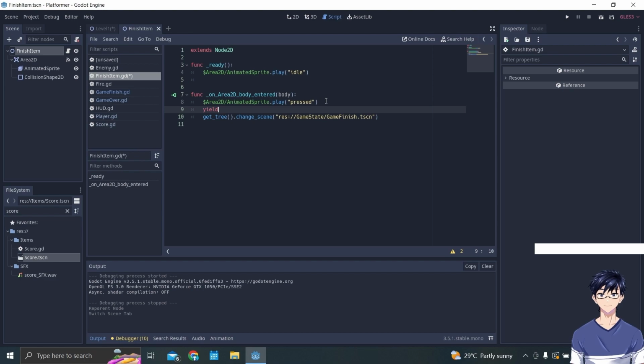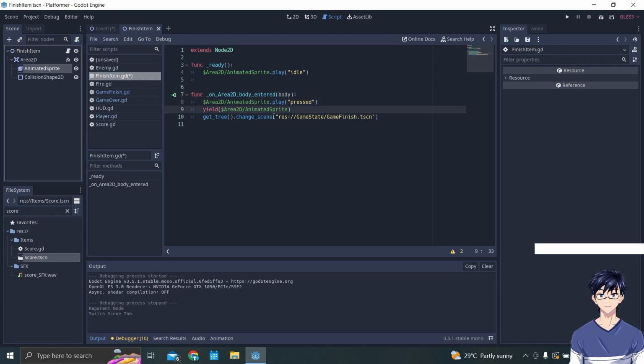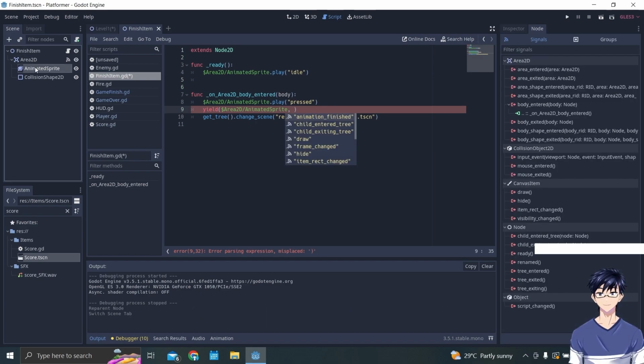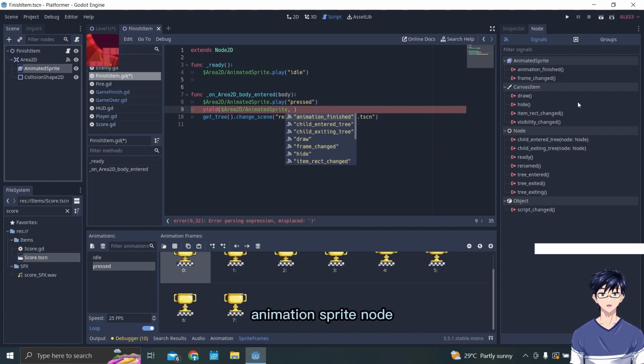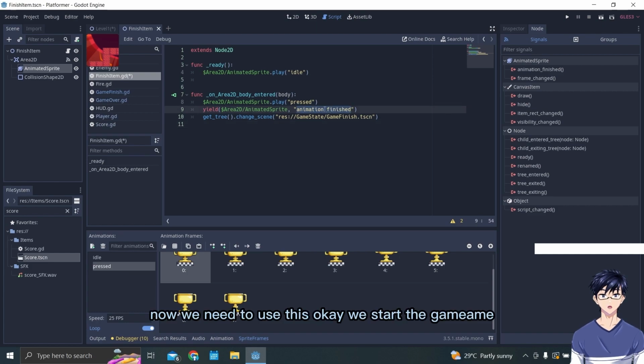Okay, here drag and drop the animated sprite in here. If you see in here the animated sprite node, there is the function animation finished. Okay, so we need to use this.